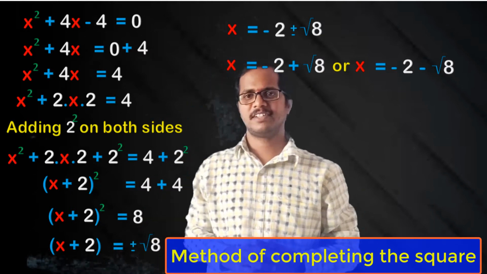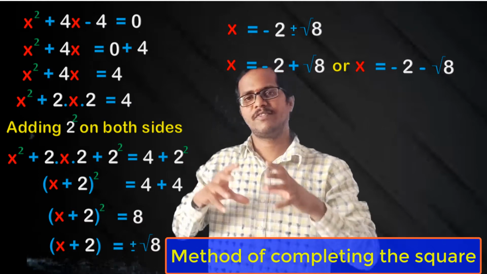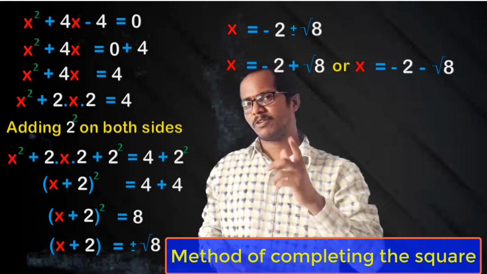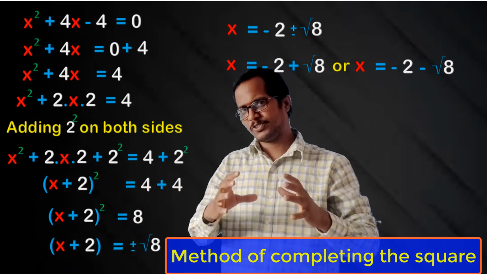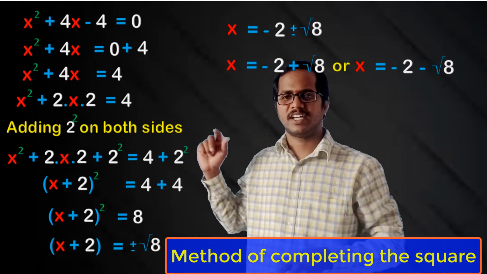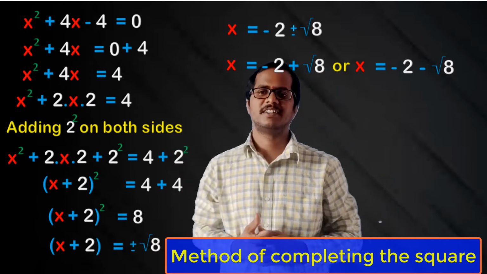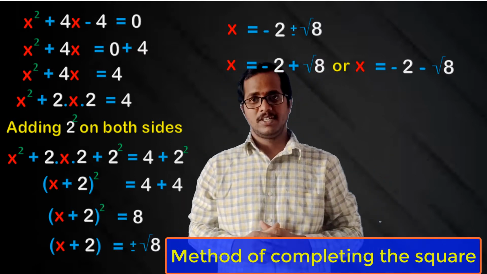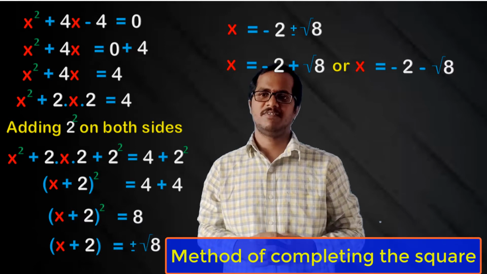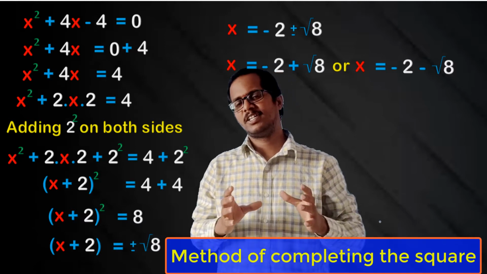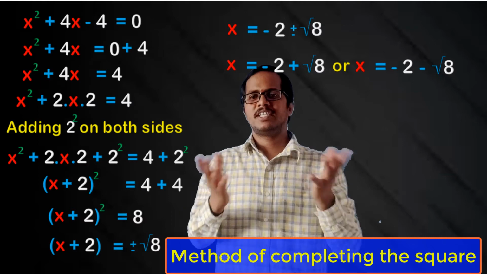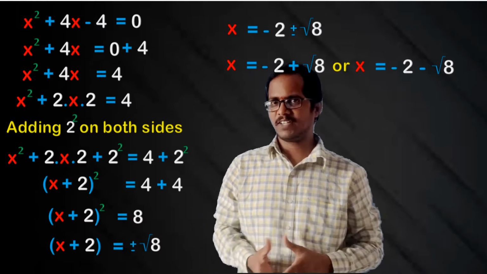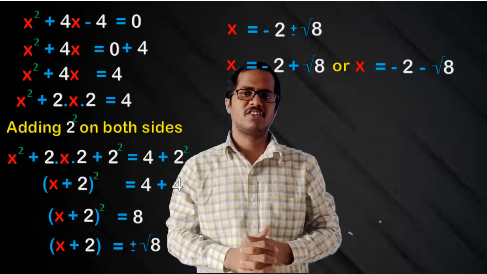This is important and we need to keep it in mind whenever we want to use this method for obtaining the solution. And one more point is also there. If you want to use this method, the coefficient of x square must be 1. If it is not 1, then we have to make the x square coefficient 1 without changing the originality of the given equation. That means we do not disturb the equality of the equation. So without changing the originality of the given equation, we have to make the x square coefficient 1.